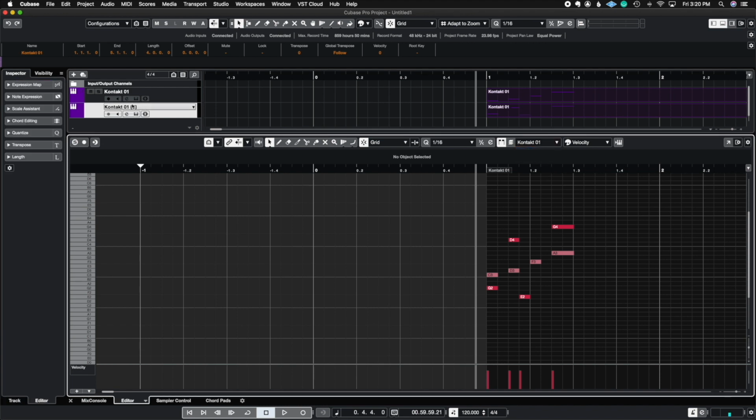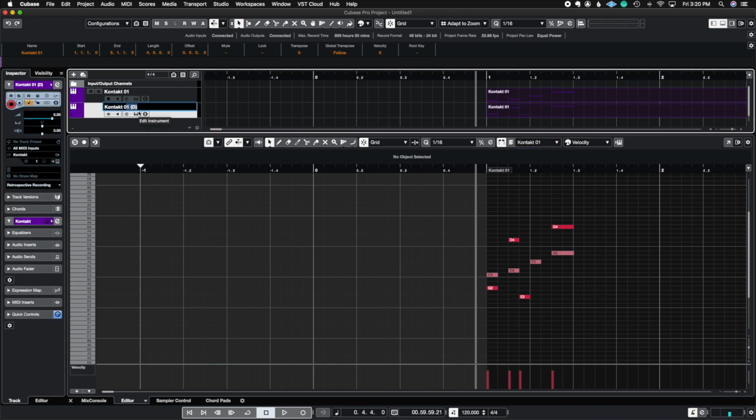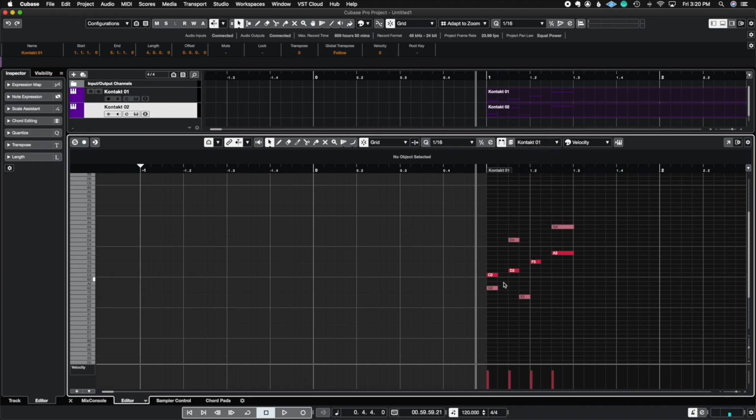So in this case, I need to change the name here. So I'm going to put contact. Let's put contact 2. And this region here, let's call it contact 2 as well. And now when I go here, you're going to see that when I highlight both of them, we're seeing contact 2. It's the one we move the notes around. If I go to contact 1, you're going to see that now those notes fade and the middle notes are